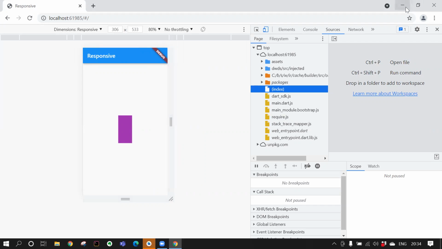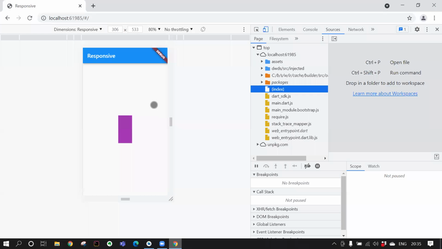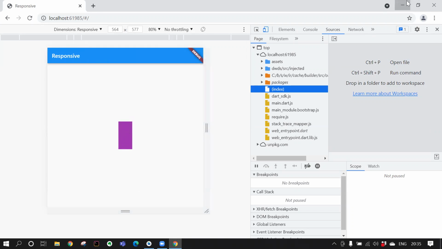So it is very unresponsive, and this makes the UI a bit unclean, and it makes visible effects very dull. For that, we'll be using media query data, and we'll be dividing the screen height and screen width into 100 points, 100 points of screen height and 100 points of screen width. So in short, we'll have 100 plus 100 cells. You can use any number, but for convenience, I'm using 100. So in short, we'll have 10 raised to 4 cells, and accordingly, these cells will be adaptive to the screen height and screen width, and we can use them in our main.dart file to make this given container adaptive to the given screen height and screen width.